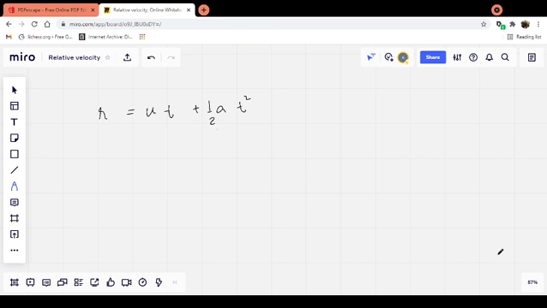Now in the equations of motion in one dimension, we learned that we can put a simple subscript on all the variables like position, velocity, and acceleration to get the equation in the x direction or y direction. In the same way, we can put a subscript here also. The condition should be that the relative acceleration of the two points we are considering must not be changing with time. That means both accelerations must be constant. So let us take the two points as A and B, and we can simply put the subscript BA over here.